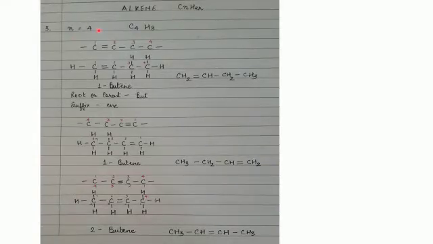The next example is of butene. It comprises of 4 carbon atoms. Molecular formula is C4H8. The first step is to show the carbon skeleton. We will show 4 carbon atoms in one straight line. Here we have shown the double bond between carbon atoms 1 and 2. We have numbered the carbon atoms 1, 2, 3 and 4.